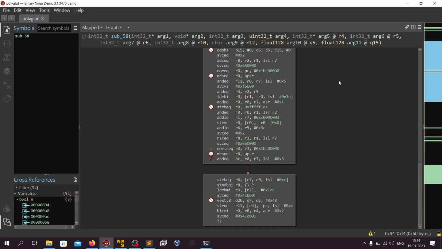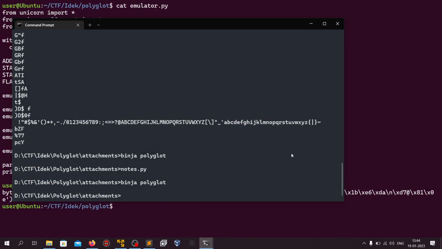So the next thought was maybe that it is actually not ARM, but it is AArch64, which in some cases some people call ARM64, which is true. But the actual name of it is AArch64. But the downside was that Binary Ninja doesn't support AArch64. So I would have to write my own disassembler for that, which I did during the CTF, and it is in here,